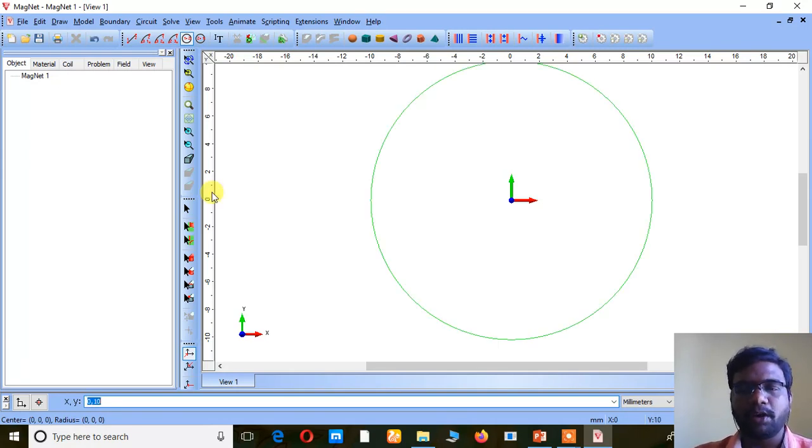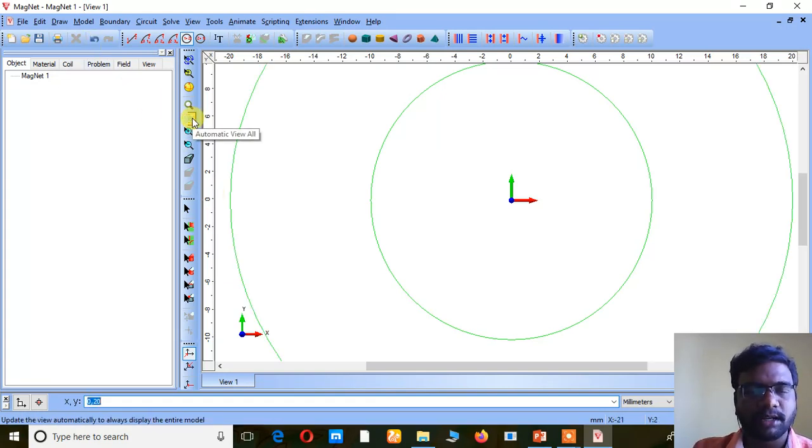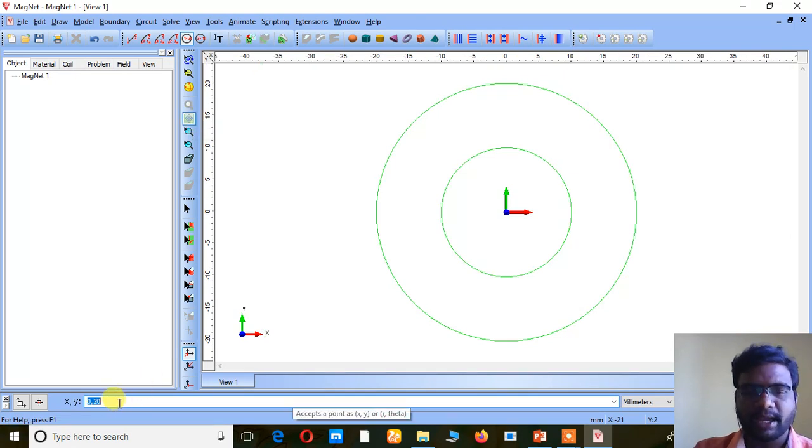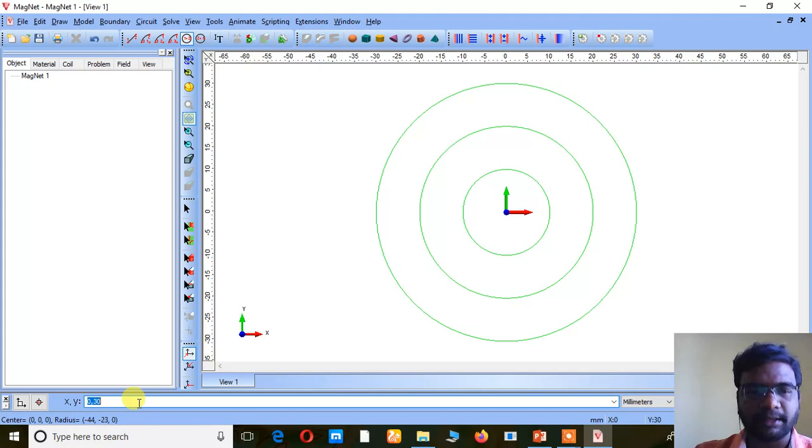And then I am going to draw the rotor back iron. So again I am going to consider it as 0, 20, so 20 is the radius. Again going to click view all. Again I initialize it such that I am going to get a circle from the origin point. Right? Again it is 0 comma 0. I am just initializing. After initializing I want to draw the rotor poles. So it is a salient pole, so it is 0 comma 30. I just make an assumption for the design.